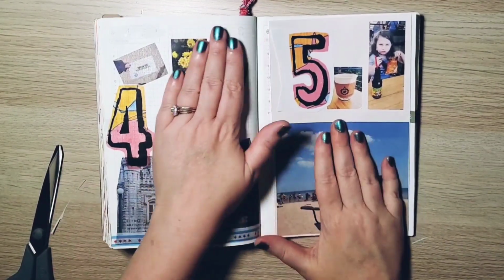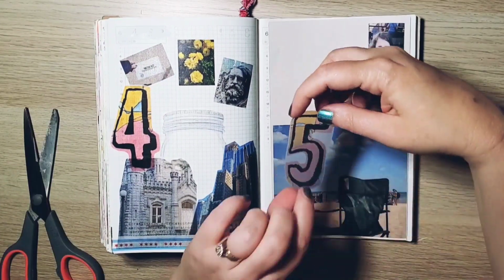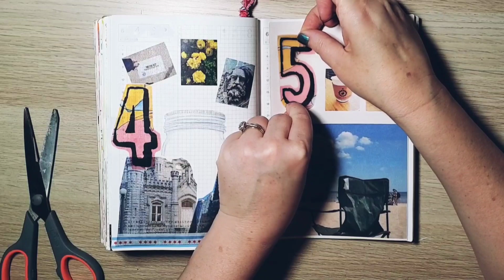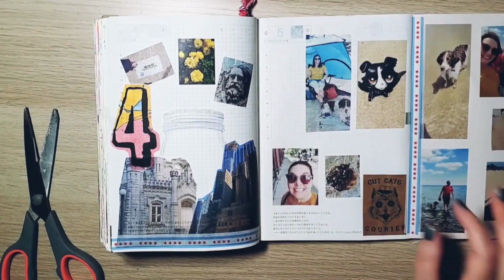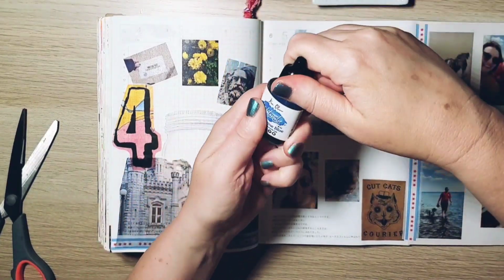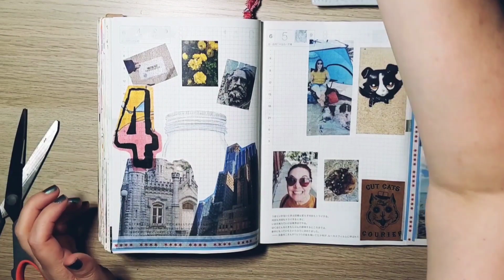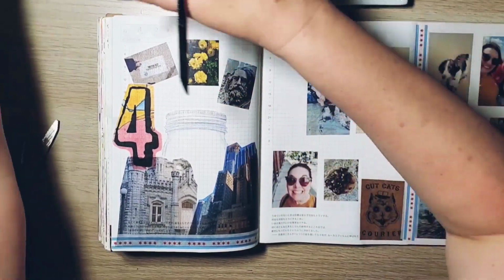So what you see me sticking down right now is that picture of a jar. It's very hard to see. The 4 and the 5, those printables are all from Kayann Ausherman, who I love. Her printables, you guys, I love them. But anyways, that jar, the reason I put it in the background of those buildings is because, as I said,